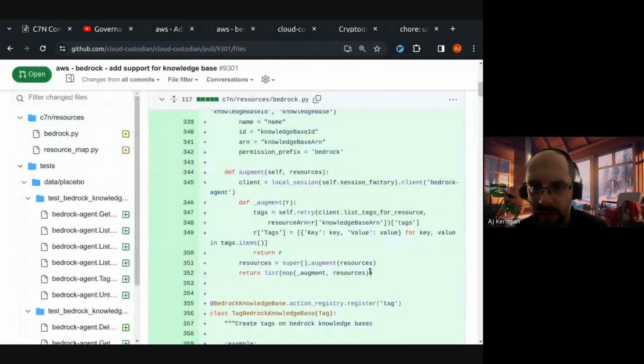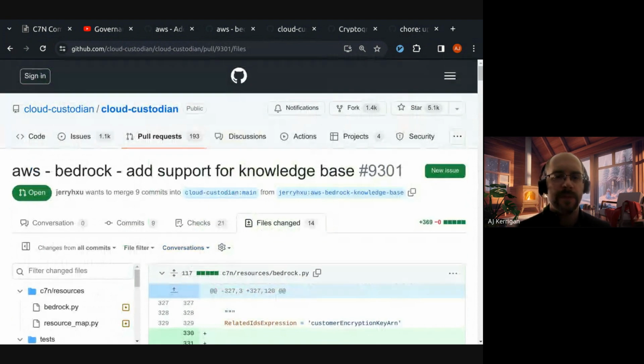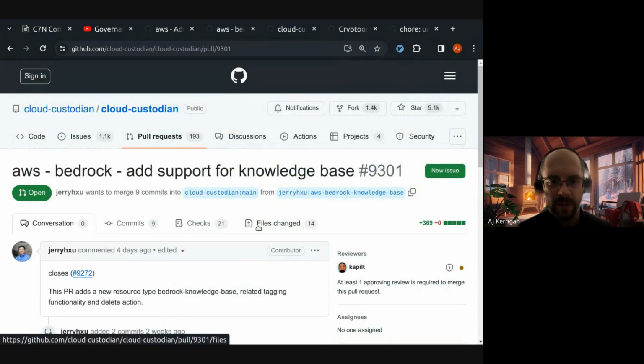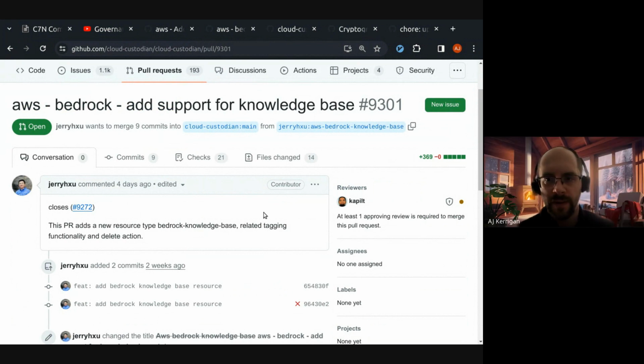I'll have to take a look at that too. Jerry, are you just pinging for a review, or did you have any specific questions? No, I just highlighted that one for review because Kapil may cut a release. I hope to get this into the next release. Okay, I'll take a look at that one.